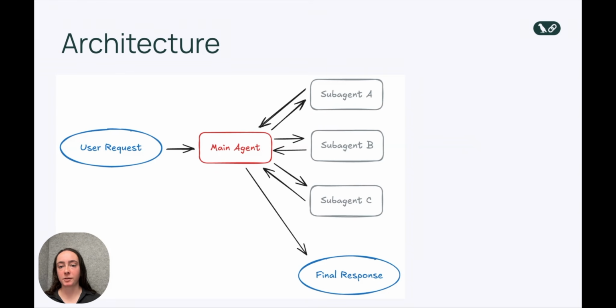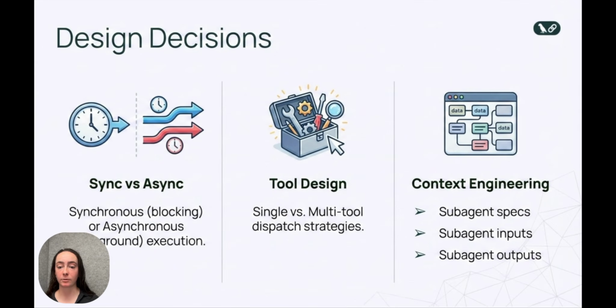Let's jump into some of the key design decisions that you'll want to make when you're building with this architecture. So there's three main categories here. The first is whether or not you're invoking your subagent in an asynchronous versus synchronous way. This isn't to be confused with Python's async and await quite literally, but generally the pattern here is if you're invoking your subagents in a synchronous way, your main agent is blocked